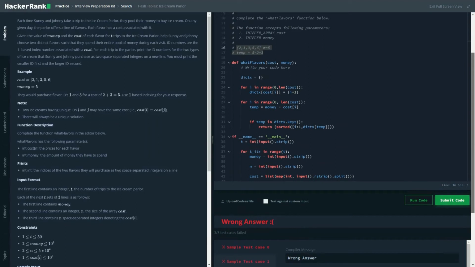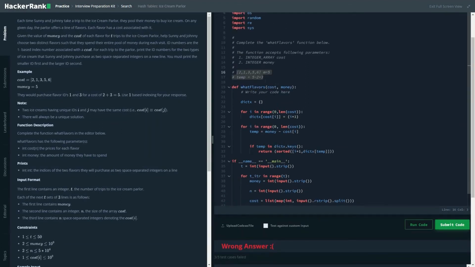And the issue is very simple. There could be a situation. Let's take an example: what if the value is 4? In that case, when you subtract 4 minus 2, the value is going to be 2, and if we search whether 2 exists in the dictionary, it will return true.